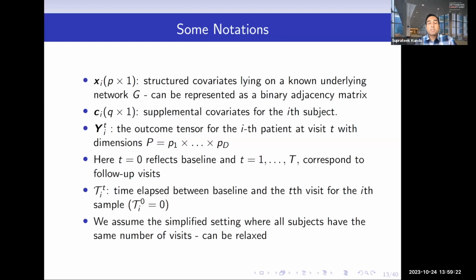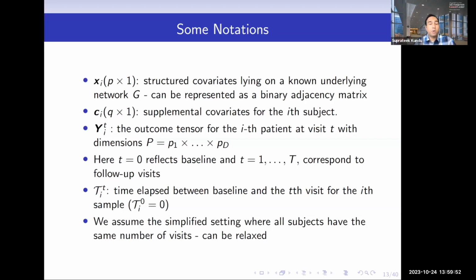I'll get started with some notation first, getting a little bit into the math. So xi is the covariate. Let's say it's a genetic covariate, right? Let's say it's gene expression, and it relies on some underlying genetic network. Now, most of the imaging genetic studies, especially the ones with ADNI, have focused on SNPs as the omics biomarker. We are focusing on transcriptomics, which is the gene expression.